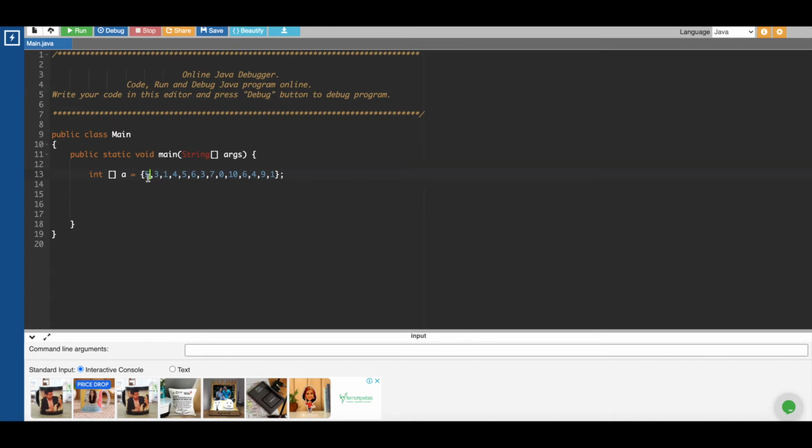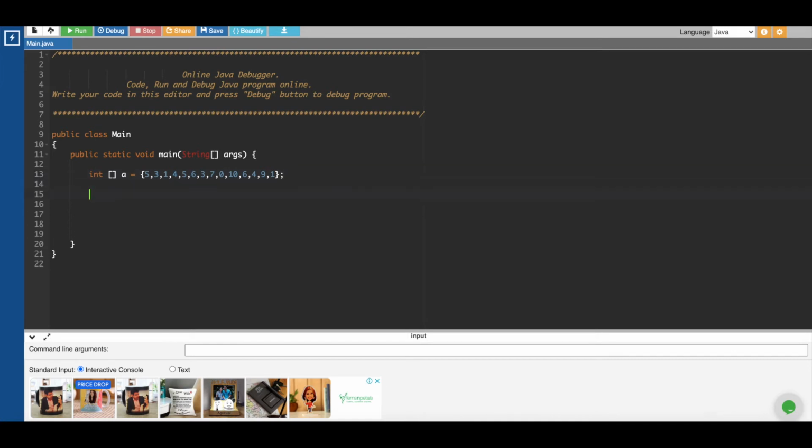So 5 comma 3, 10, no. 5 comma 1, 10, no. 5 comma 4, no. 5 comma 5, yes, this will give me the sum 10. So this is one pair I could have, right? This is one possible pair. I'm not talking about the unique pair, I'm only talking about the possible pair.